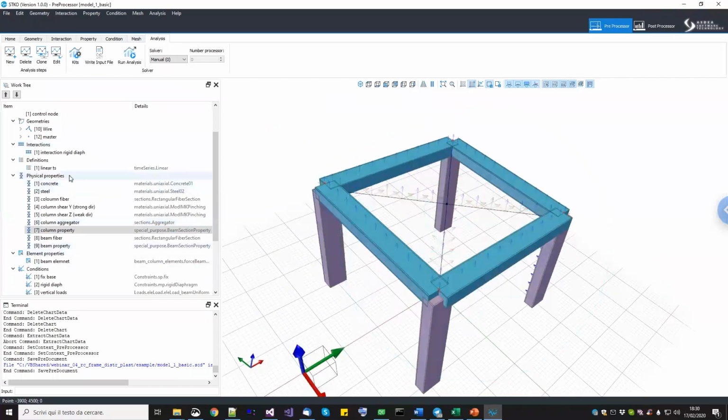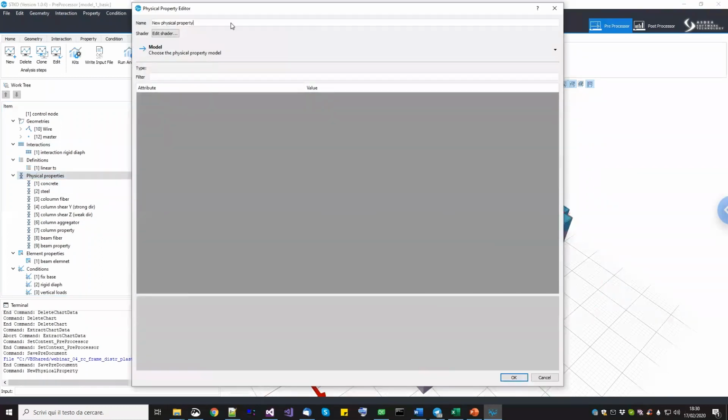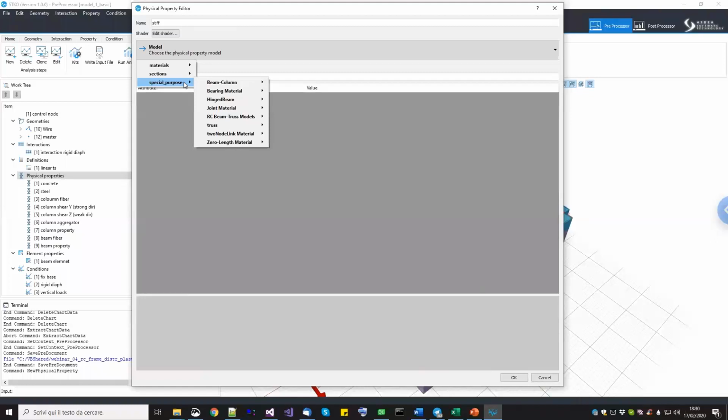So the first thing that we need to do is to create some support material. I need a stiff material. It's like in a penalty method. Here I need a very stiff material. Don't put a number which is too high, otherwise you will have a problem. It just has to be a couple of orders of magnitude higher than the typical stiffness of the beams